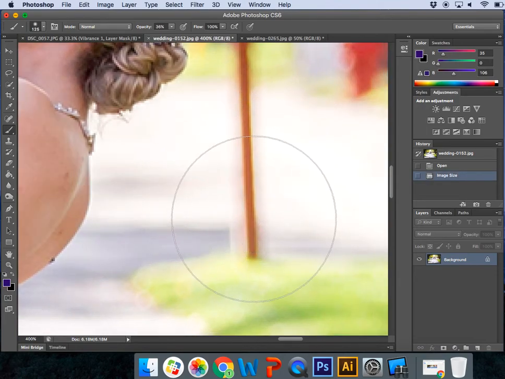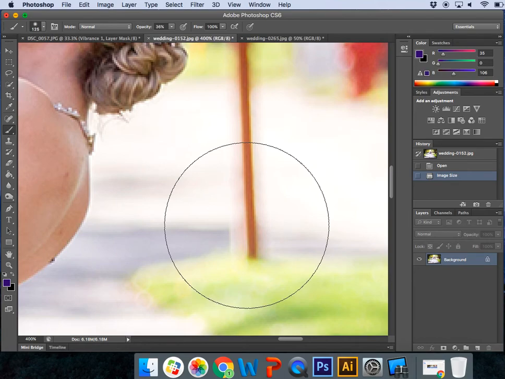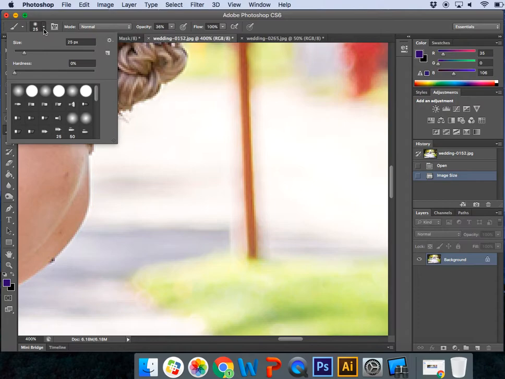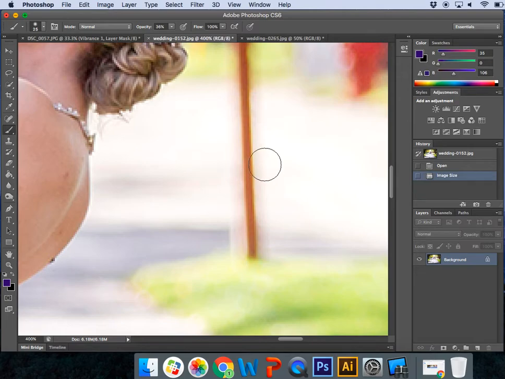So here's my clone stamp. This red pole I'm going to get rid of. I'm going to make this smaller with the left bracket. I have a couple different options on here. It can be just a hard circle. It can be a little bit blurrier, which I'm going to go with the blurry outside right now. So on here, you first need to pick what you want to clone. So if you hold on Alt,